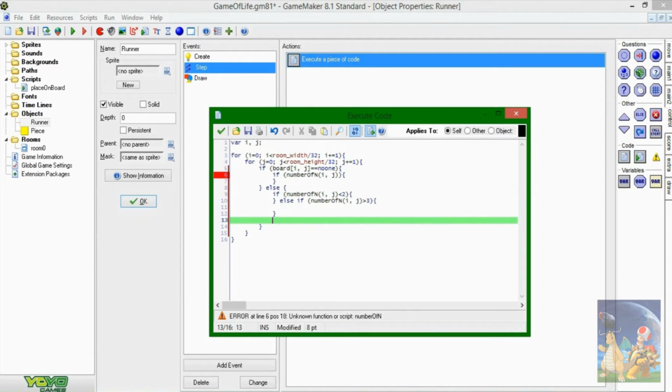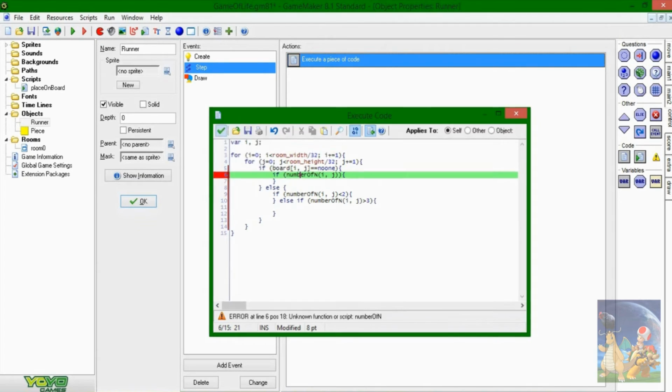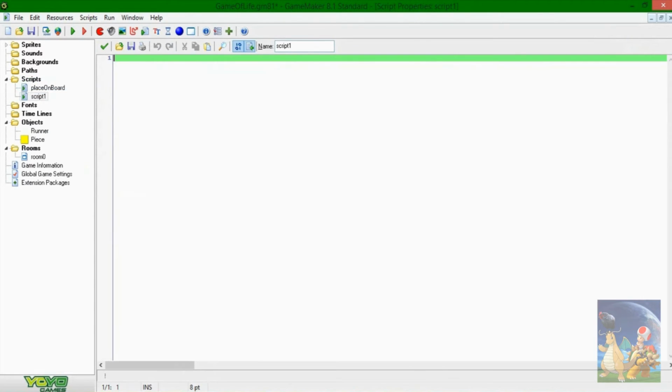Else you won't do anything. Else don't do anything. I'll just leave that alone. Alright, so now we'll tackle the missing function there, and that would be, we'll go over here, create a script,